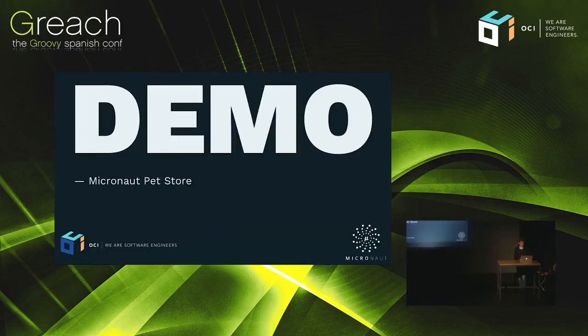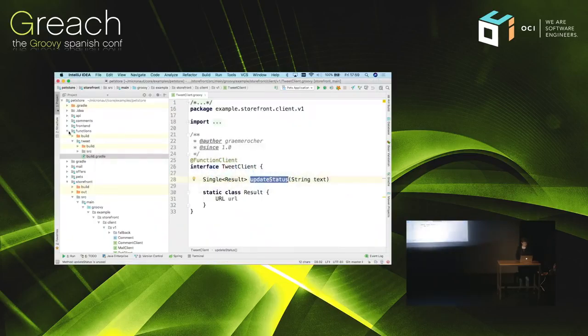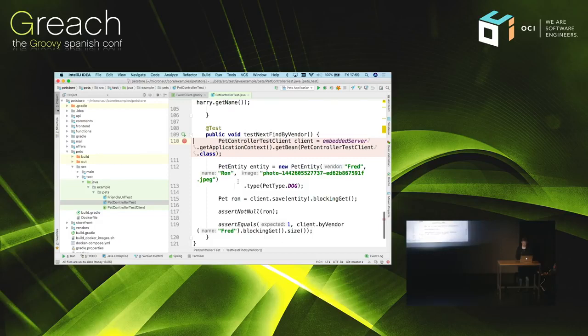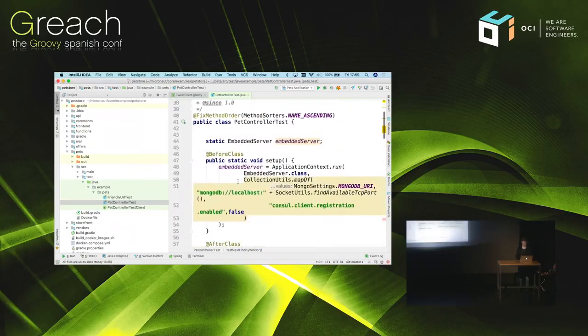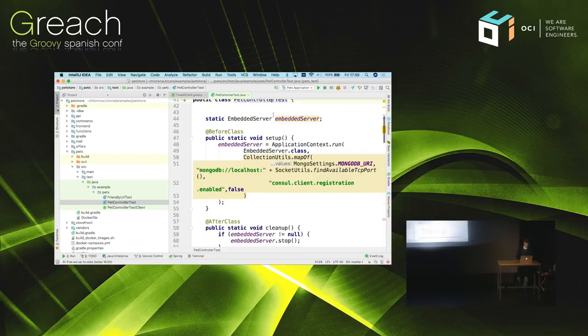So that is the Micronaut Pet Store application. There's a lot more there, and one thing I wanted to show was test execution speeds. It's quite amazing. For example, this application here is using JUnit. I know it's not Spock. It looks horrible, but